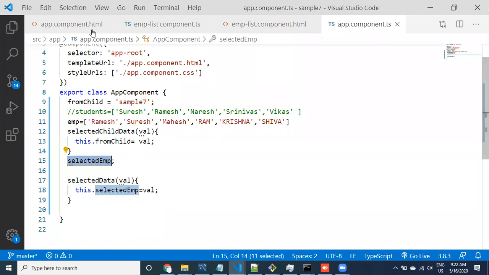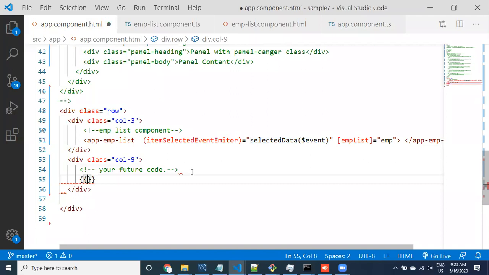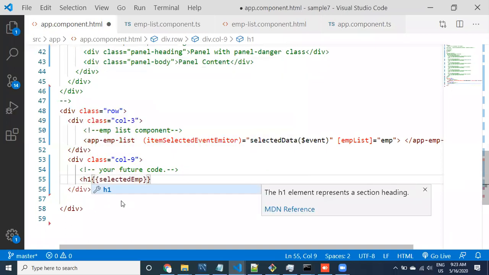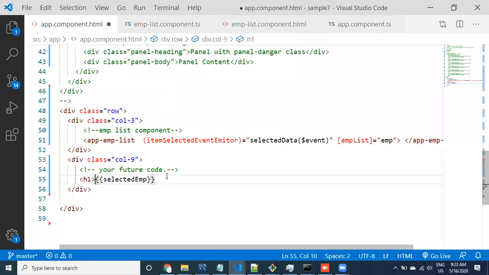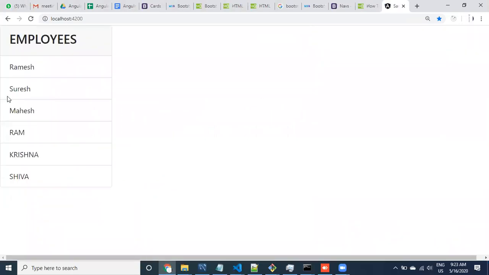Where I want to use this, let us go to the HTML in the same component. You can print here employee. Let us look at it guys now. So here, future code, this part I'm going to use the selected component. Here I'm going to provide, you may provide like this, h1. Then you can select, maybe come here guys, and click on this one. Yeah, we got this information.